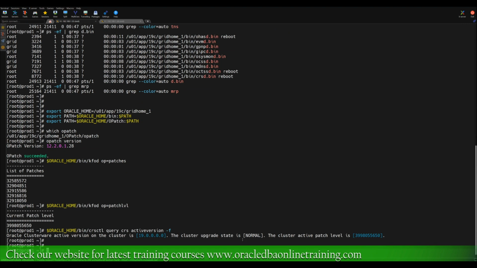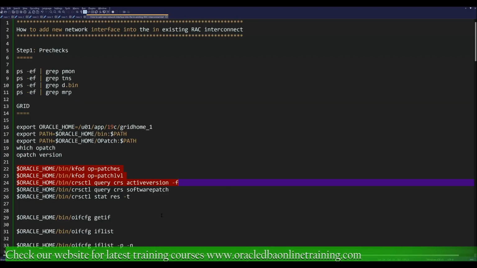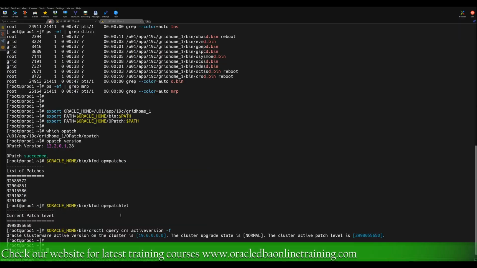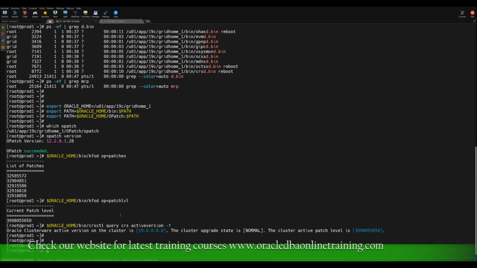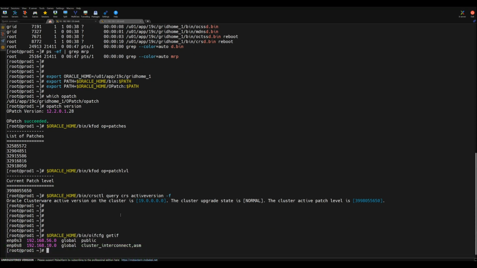So currently our cluster state is normal, which is always important to have, because if you are making any changes with respect to the cluster, if your cluster is not currently in the normal state, it will throw some error. Okay. Similarly, before you proceed with this change, you have to first verify what is the current network interface that has been defined for your RAC cluster. So if you see this output, I executed from $ORACLE_HOME/bin